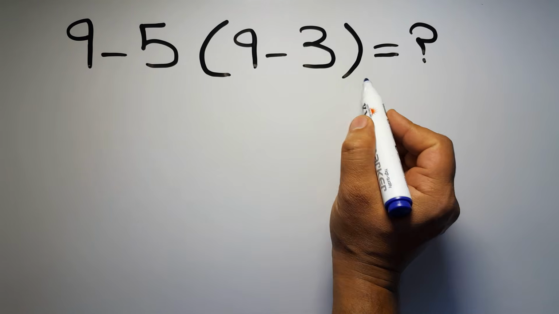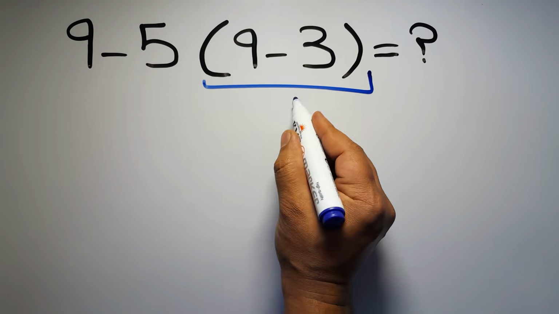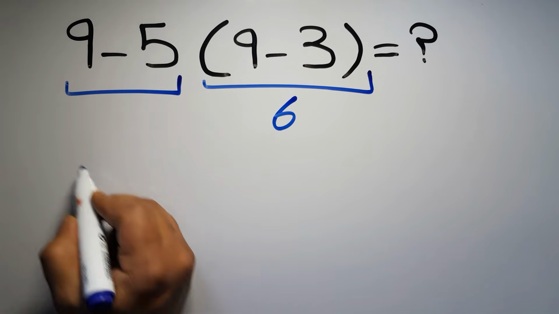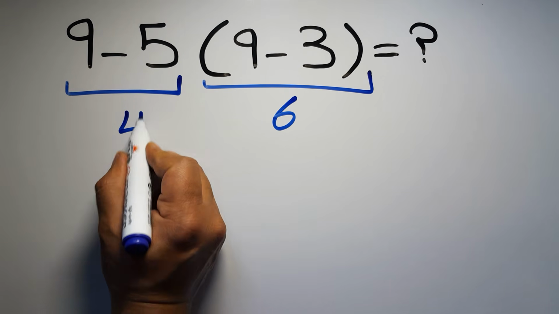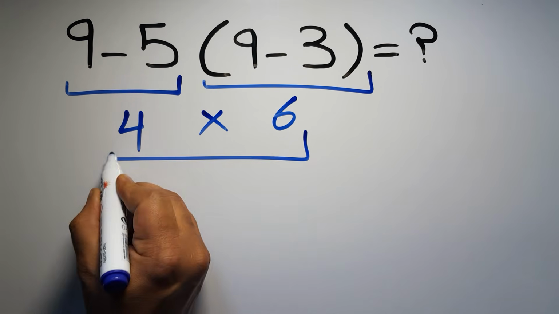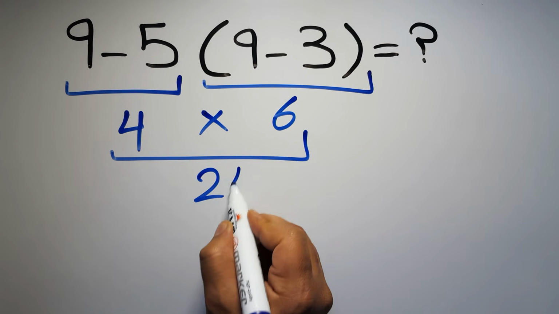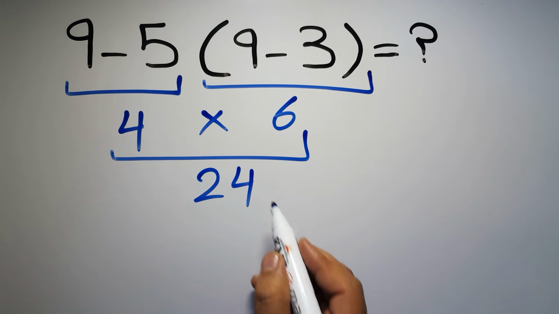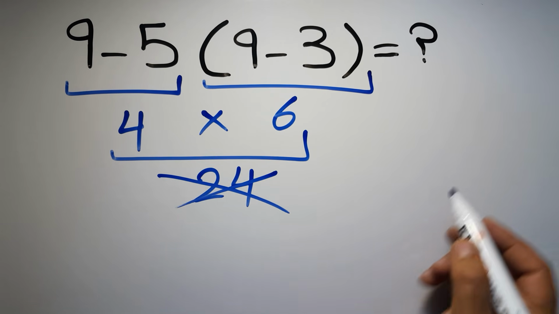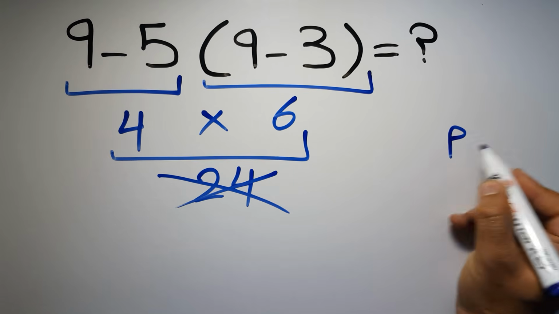9 minus 3 gives us 6. And 9 minus 5 equals 4. So 4 times 6, which equals 24. But this answer is not correct, because according to the order of operations, first we have to do parentheses, then